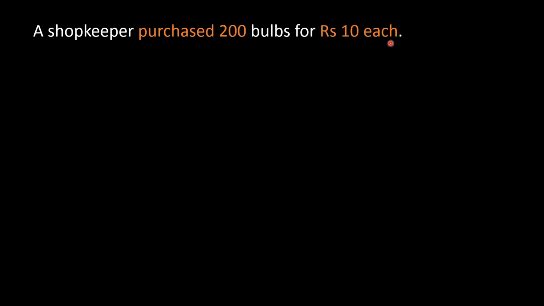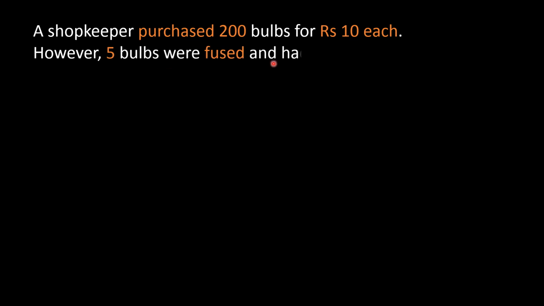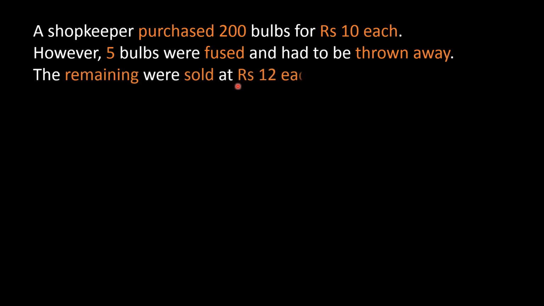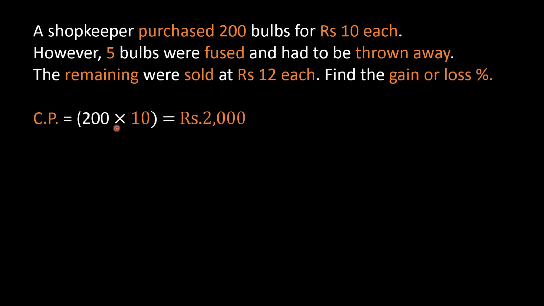Next, a shopkeeper purchased 200 bulbs for rupees 10 each. However, 5 bulbs were fused and had to be thrown away. The remaining were sold at rupees 12 each. We have to find the gain or loss percentage. Here CP is 200 multiplied by 10, which is rupees 2000. Selling price is